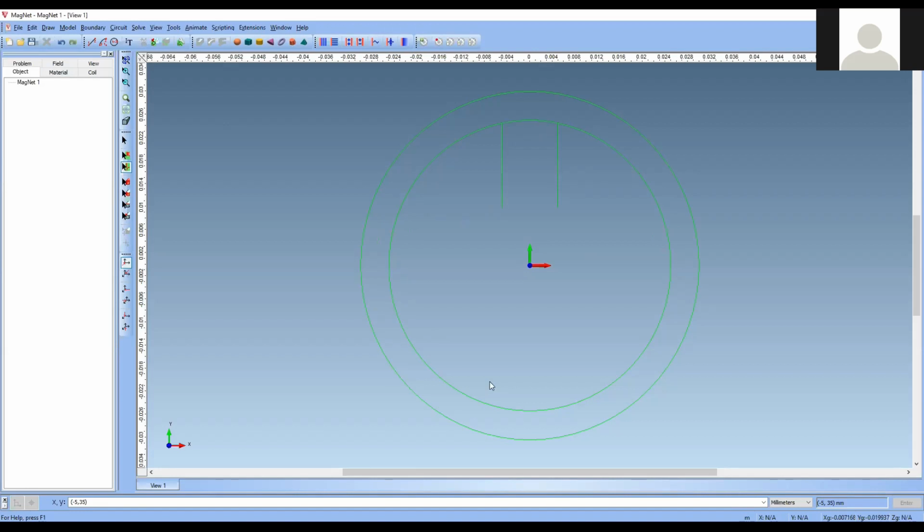Now again, you want to draw a pole shoe here. So again, what you want to do? You want to select the circle option. Select your starting point as 0, 0. That means your pen will be at this point and it has dropped here.